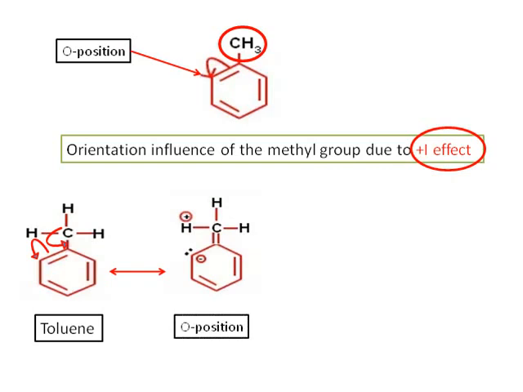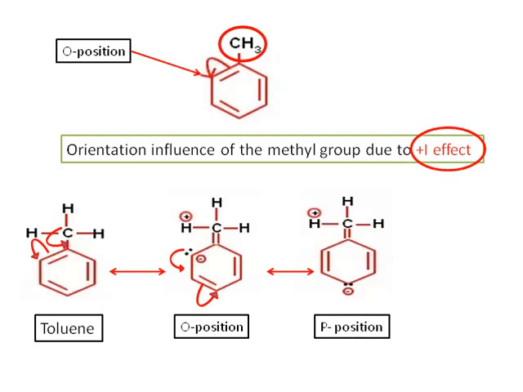So the electron pair at the ortho position is now delocalized. In this way you see this lone pair of electrons become the pi bond, and the pi bond becomes the lone pair of electrons in the next structure, and these structures are separated by the double-headed arrow. In this structure you see the lone pair of electrons is at the para position, and again it will delocalize. The lone pair of electrons become the pi bond and the pi bond becomes the lone pair of electrons on the carbon atom, and we will get this structure.